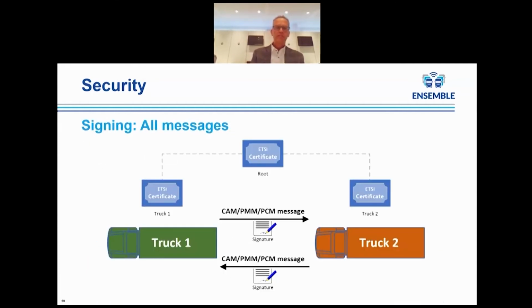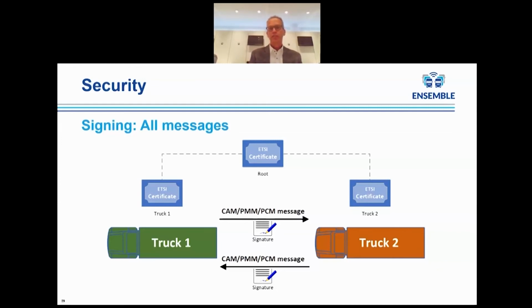Now, to dig a bit deeper into these security aspects, we start with signing. Signing is done with all the message types. So here you see both truck 1 and truck 2 are sending CAM, PMM, and PCM messages. Each message comes with a signature. So if you, in this case, assume that truck 1 is sending a message to truck 2, truck 1 creates this signature, and for that it uses its certificate. When receiving this message, truck 2 can verify the signature, and if that verification succeeds, then it knows that the